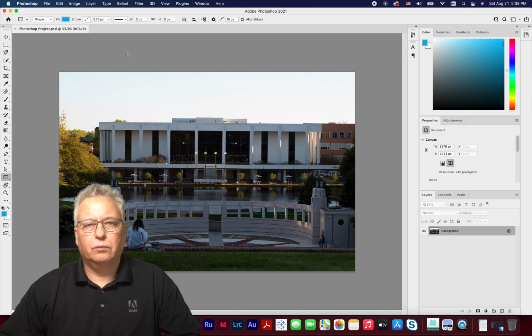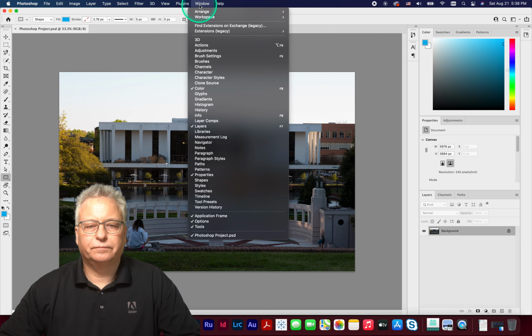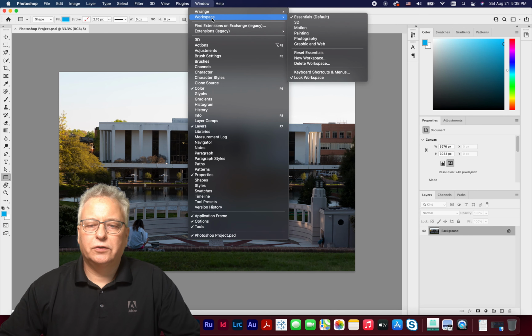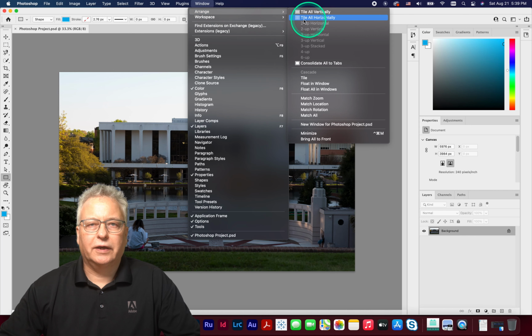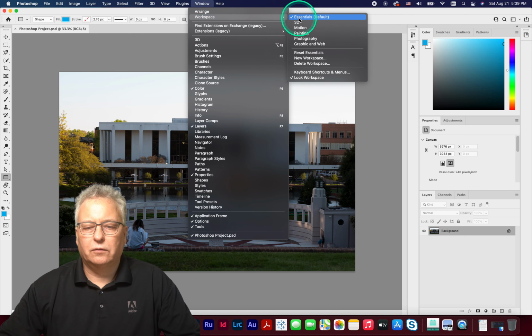In step 2, we will configure the Photoshop Workspace. The workspace refers to specific layouts of the Photoshop interface that are optimized for typical workflows. In this tutorial, we'll be using the default Essentials workspace. To ensure that we have the correct workspace selected, click Window on the Photoshop menu and choose Workspace. Select Essentials if it is not already selected, and you can also tick off Lock Workspace to prevent the workspace